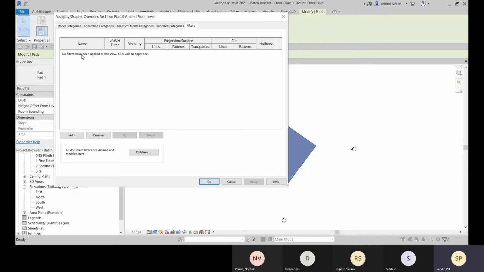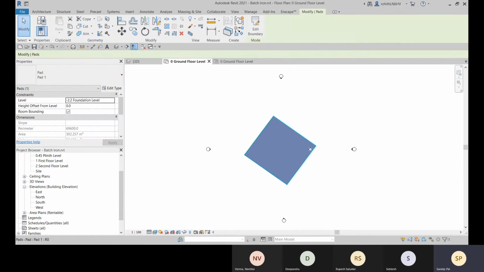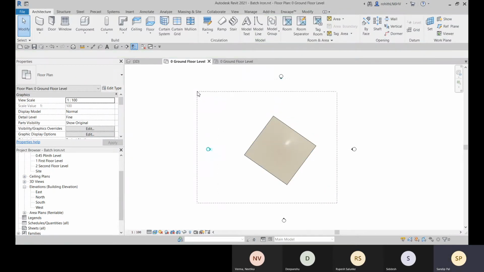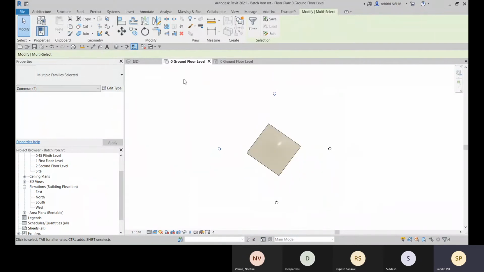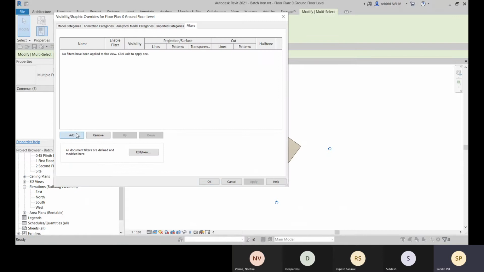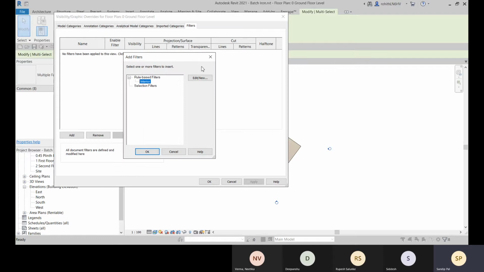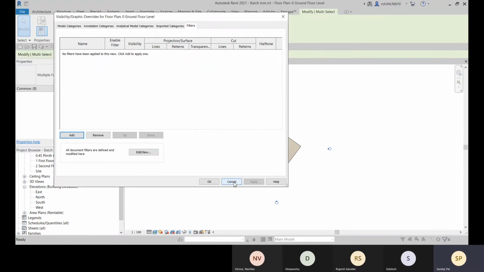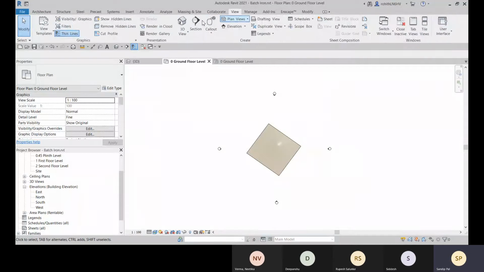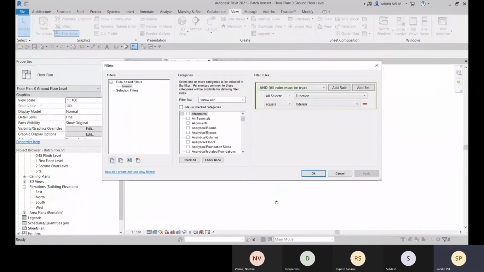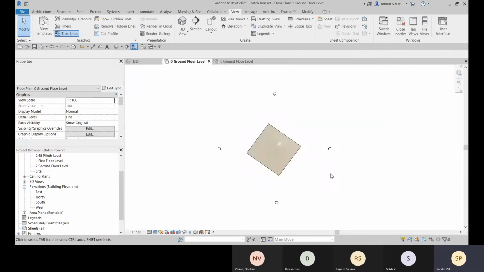You can go for hide category, and you can choose this hide by filter. So you can apply some filter. Right now you can choose some more objects and you can apply that hide by filter. You can add some filter over there. About this filter, I will demonstrate in the next class, as I need to go in depth. This filter option is available. We need to set some rules and all, and accordingly, we can make some changes for the visibility.